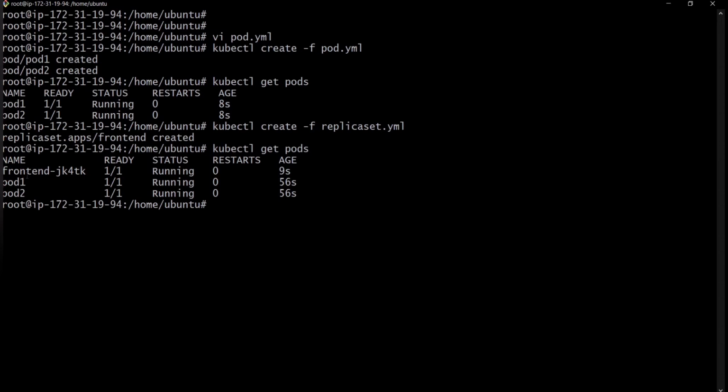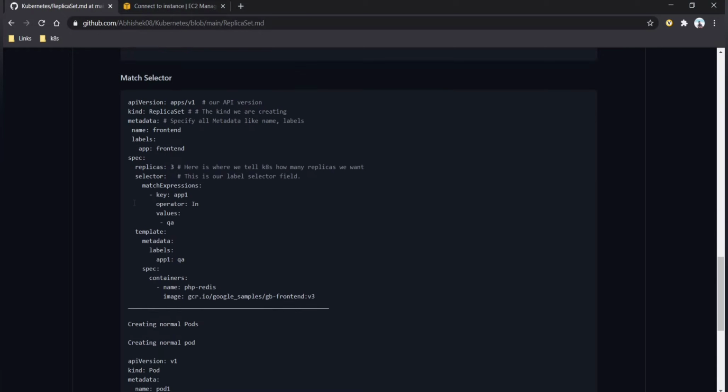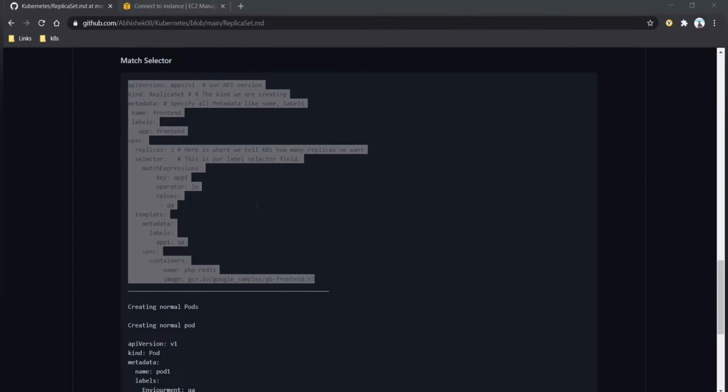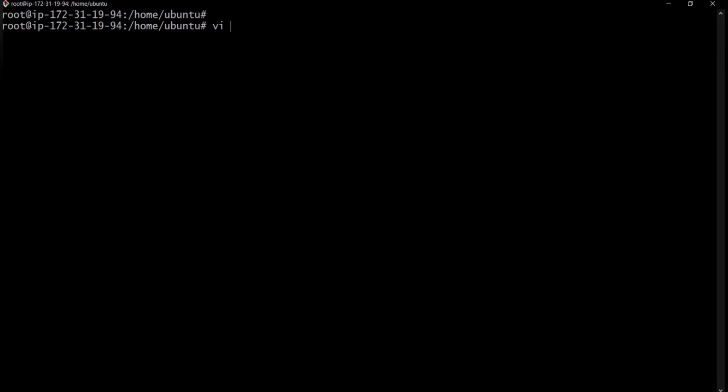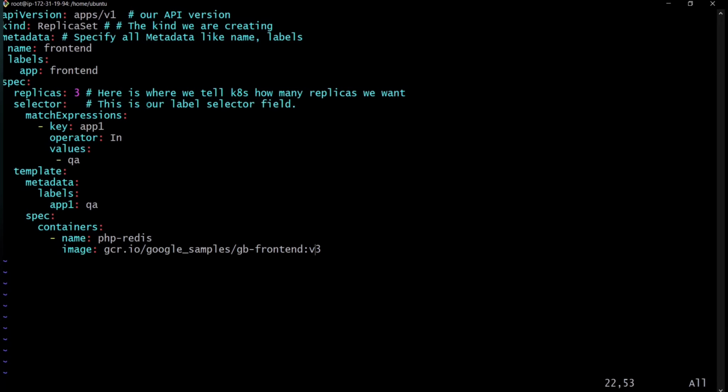Here we have used matchLabels, and let's go to the next example, matchExpressions. This is the example of creating a match expression. Just copy this YML file. The name of this file is matchx.yml, and copy this script. The replica set name is front end. Instead of match labels we are using an expression.